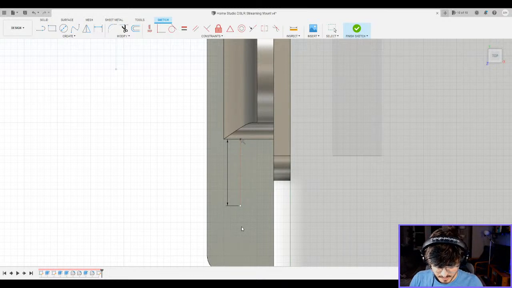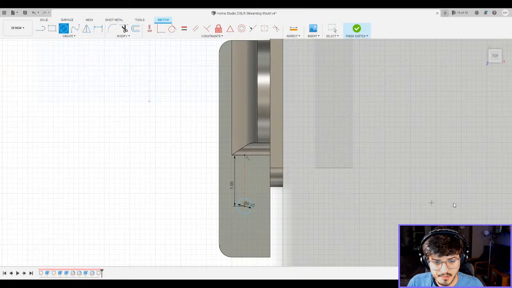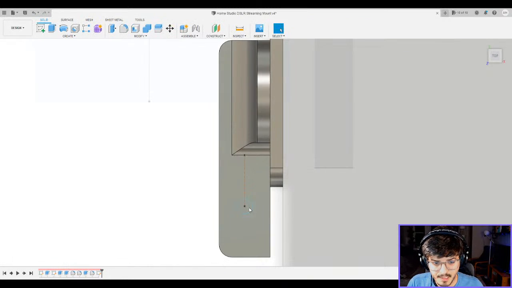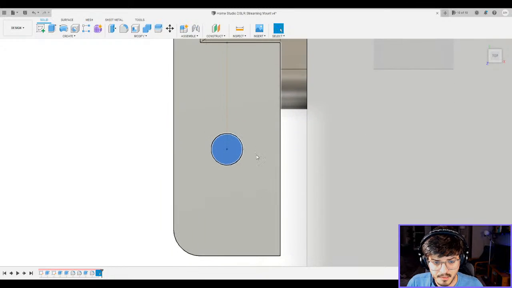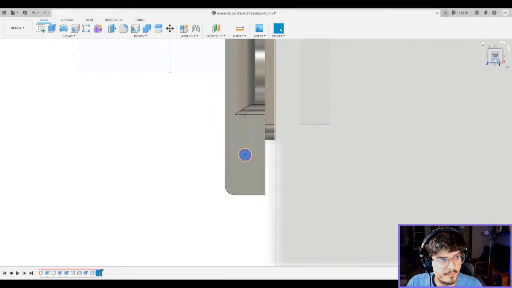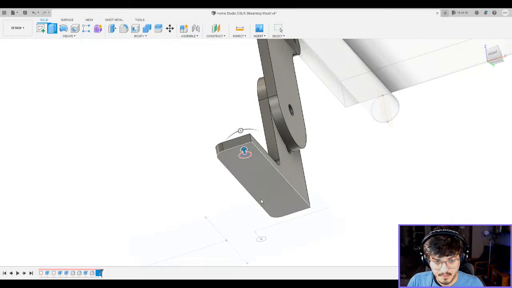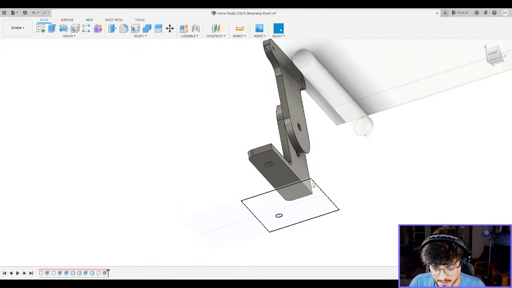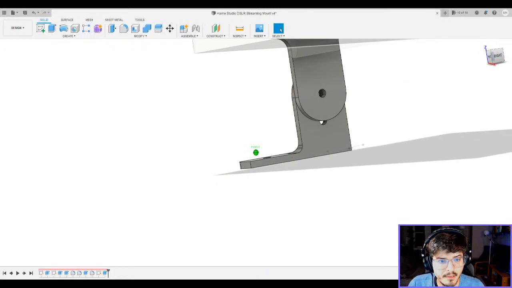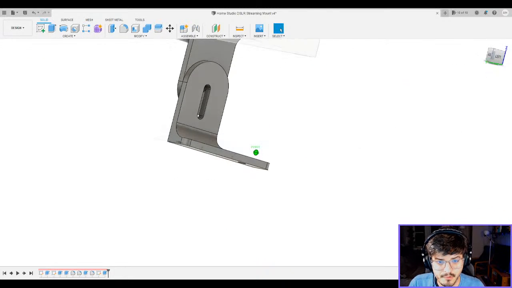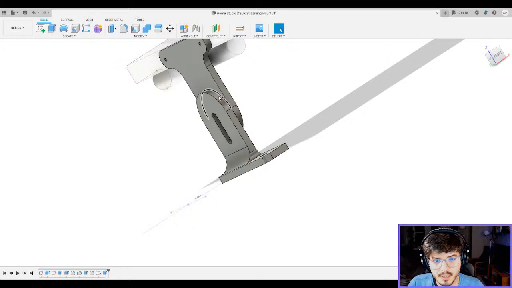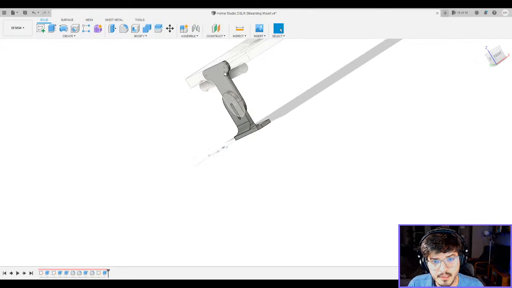And so we're gonna just draw a little hole here, again 0.3 for the size of the screw. I'm gonna finish that sketch, and I'm gonna just cut that out, extrude that out, and we are good. And again, I'm just gonna use a washer and a screw under there, and that'll be that, and this will be that.